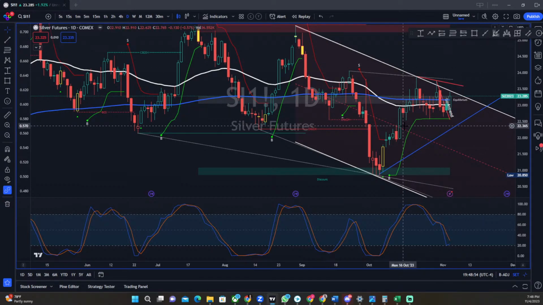So maybe a Santa rally, and this is where I'm a little iffy about the Santa rally. We are heading to a recession, or it feels like it. You be the judge on that, right? So we may fall, make the market rally, and then when December comes, everybody takes their money out of the market. That's what I think. All right? Yeah, I said it.